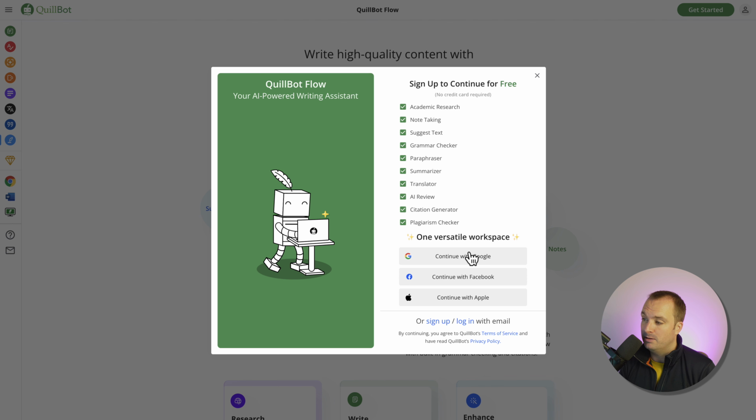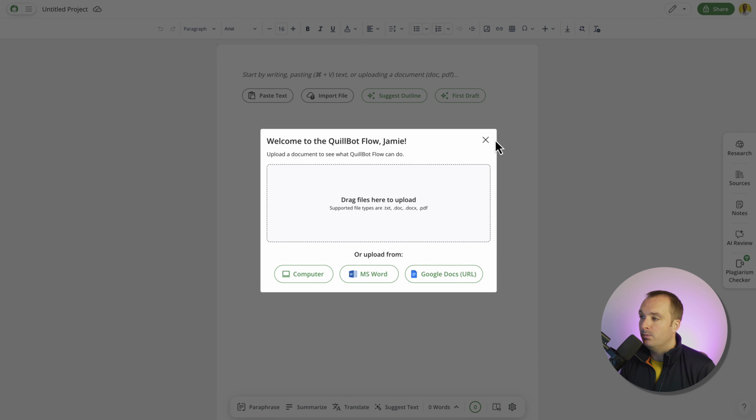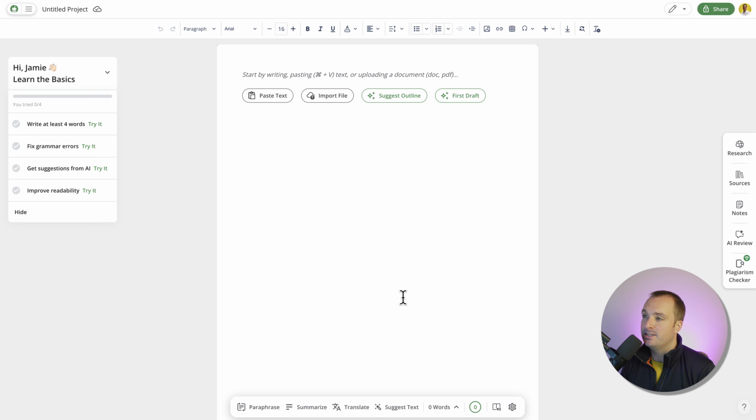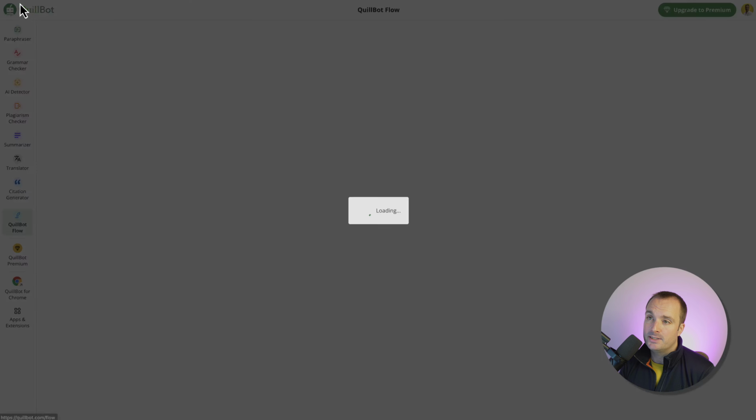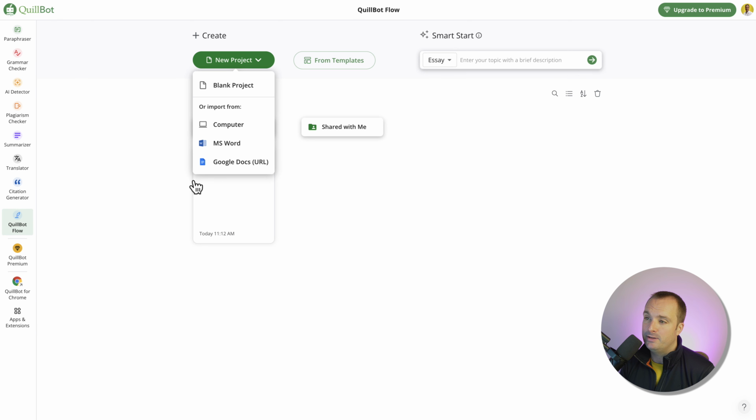I'll do the one-click sign up now with my Google account, and we'll be back in a second. So there you go, we are now logged in, and you can see here this is what it looks like with the basic editor. It's very similar to Word or Google Docs, but it's their version of it, which is fine. Instead, let's go back to QuillBot, and we can see here you've got all the different projects